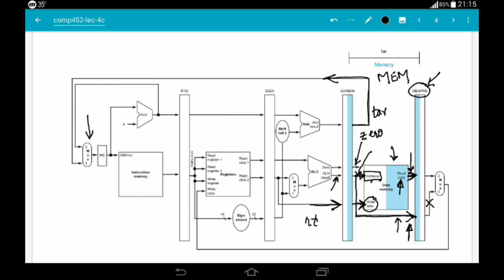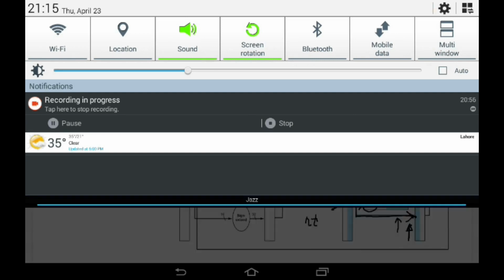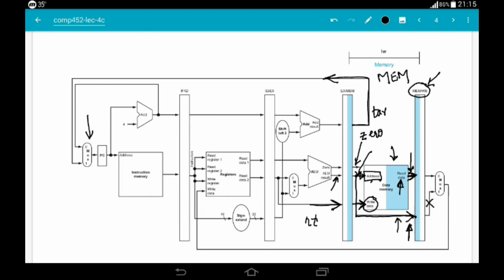Oh, I actually forgot to turn on my timer, so that's a mistake I made. So I really don't know